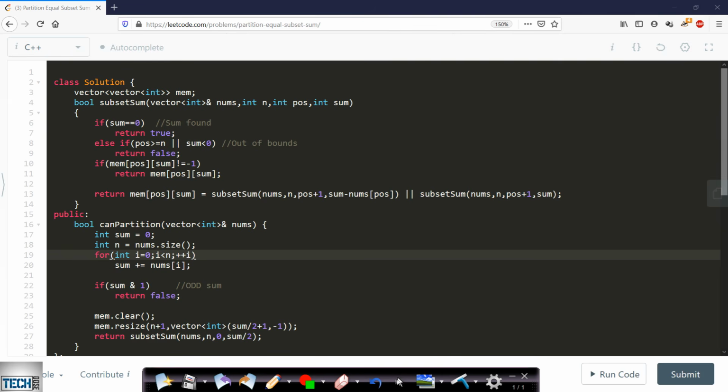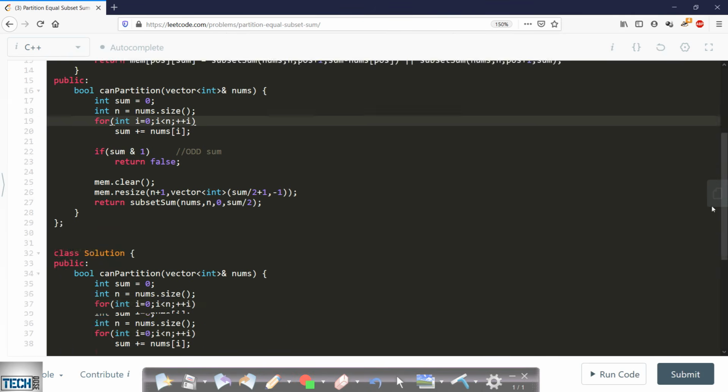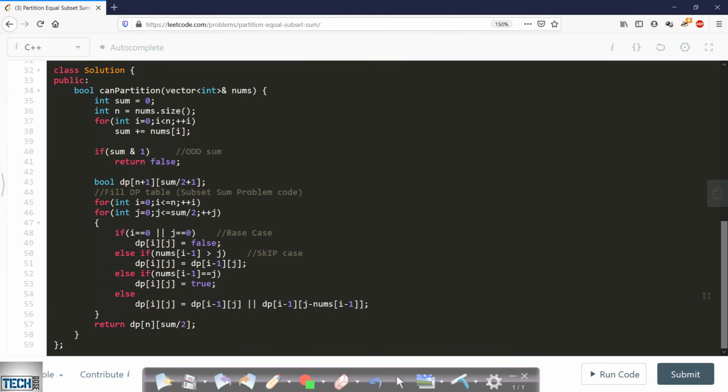Let us now look at the tabular DP approach. The tabular DP is also very similar, I mean exactly the same as the subset sum code, and this is also the same as the 01 knapsack code. In this case as well, we will be calculating the sum value and checking if it is odd. If it is odd, we will return false. Otherwise, we will form the DP table just like we did in the subset sum problem, and then we will be traversing.